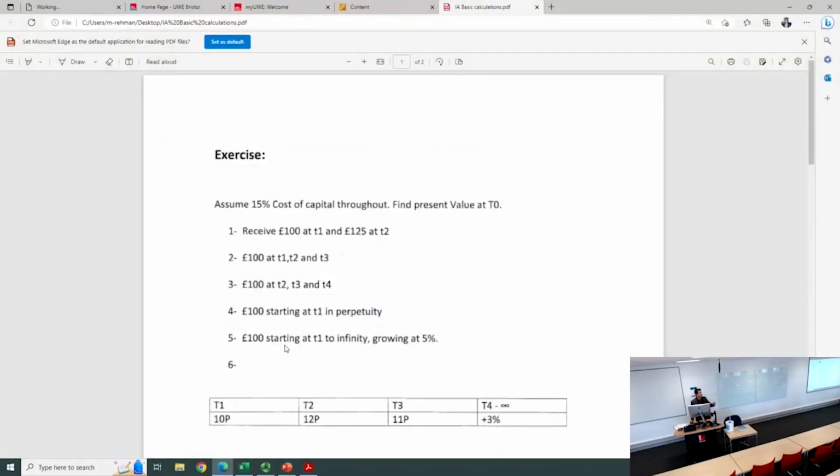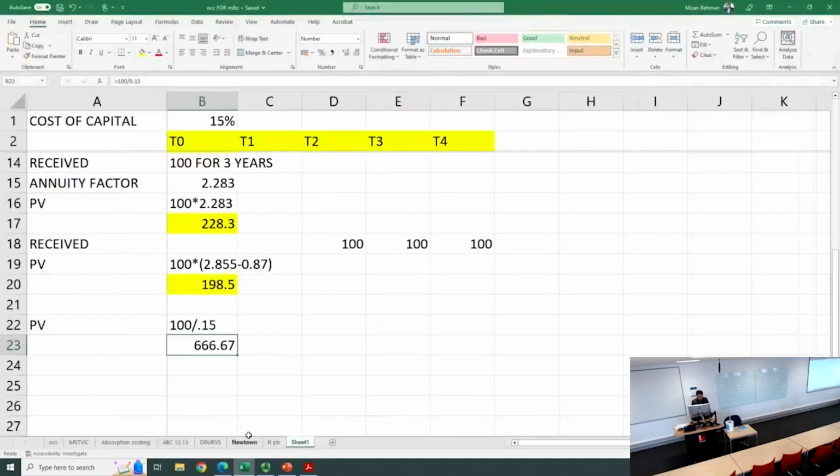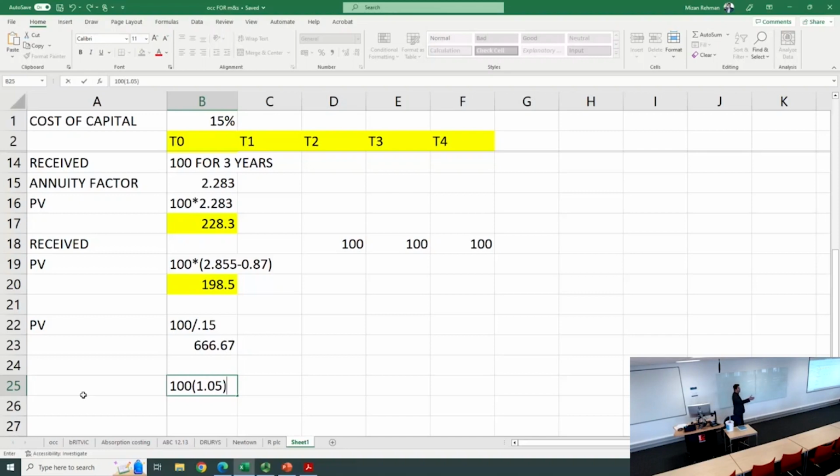£100 starting at T1 to infinity, growing at 5% per annum. So we need to adjust this formula, which we have used here, by the rate of growth. So what we do is 100 growing by 1.05, so I did 1 plus 0.05, where 0.05 is 5%. We will multiply our money with the rate of growth,